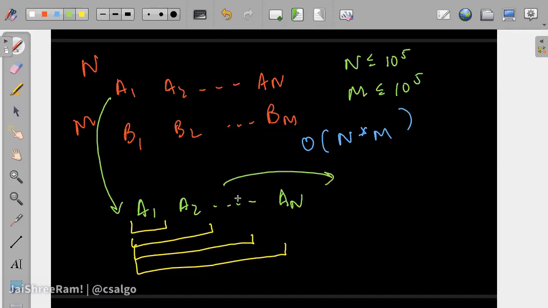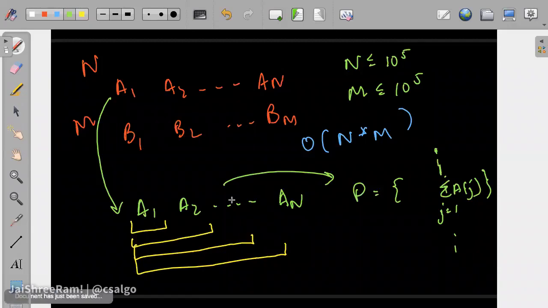In the demo course, there was a prefix sum video present. However, prefix sum is nothing but having the sum of the first i numbers in P of i. So we create a P array in which the ith element would be the summation of A j, from j equal to 1 to i, right? This is what will be stored at the ith index. So we build the prefix sum array of this.